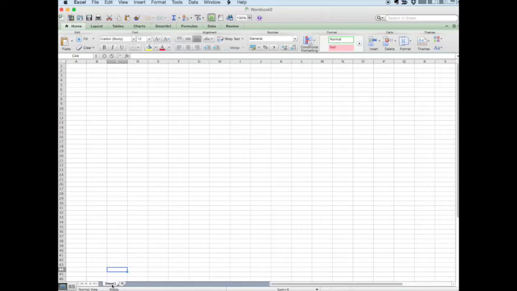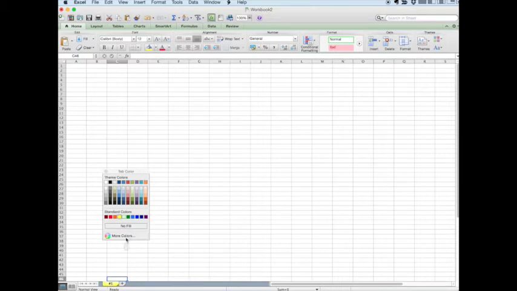So by default, we start with one sheet, sheet number 1. Of course, you can rename it by double clicking on it. We can call it number 1, for example. And for simplicity, if you right click on it, you will open up an entire menu where you can insert, delete, rename, move, or copy. And you don't see it necessarily here in this video, but you can change the tab color. Again, for easy referencing, I'm going to change mine to yellow. So now, as you can see, sheet number 1 is basically yellow,